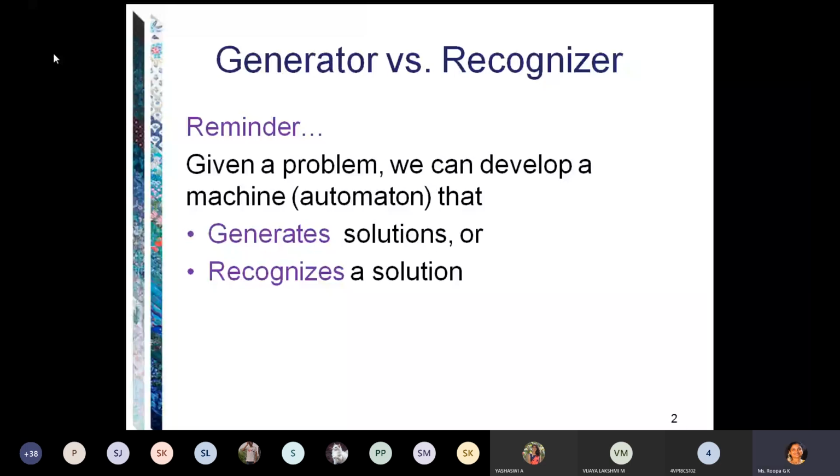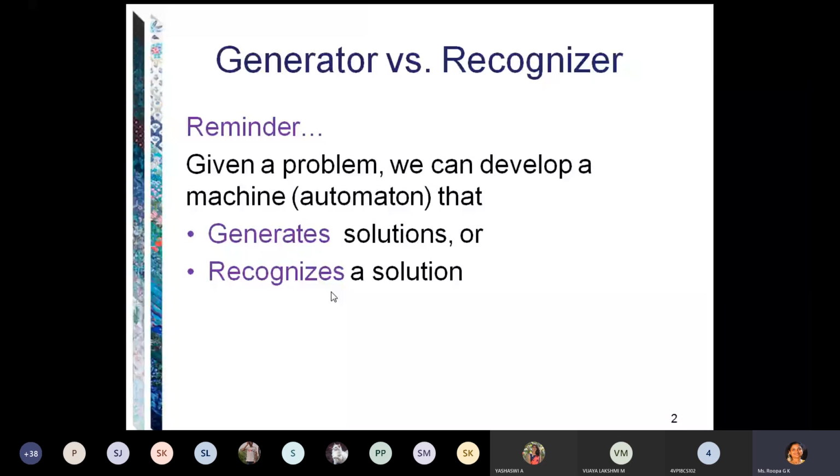If the answer is yes, then we can say it is an encoding. With an appropriate encoding, other kinds of problems can be recast as the problem of deciding whether a string is in a language. We will show some examples to illustrate the idea. So we will divide the examples into two categories like this. Two categories in the sense: the first category generates a solution and the second category recognizes the solution.